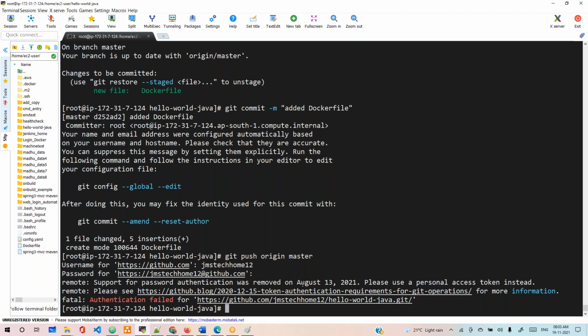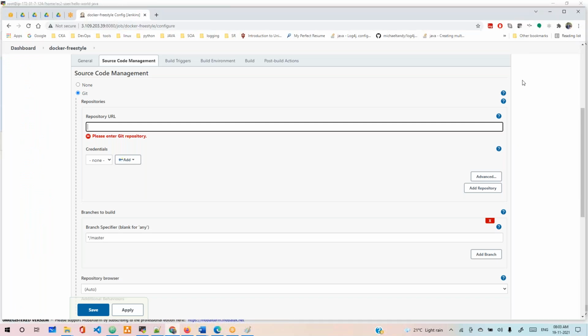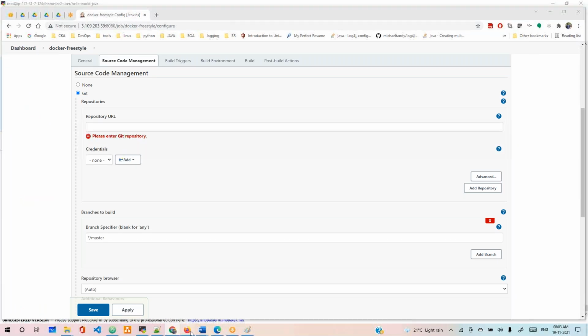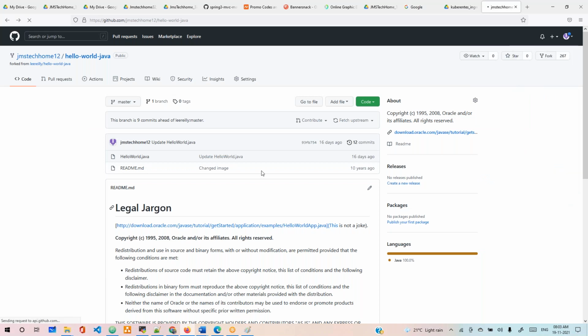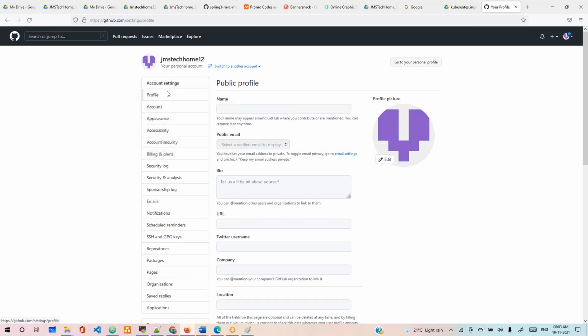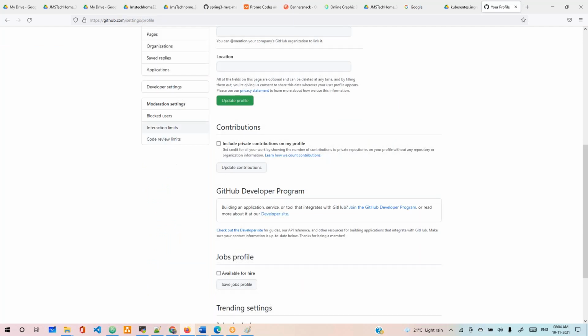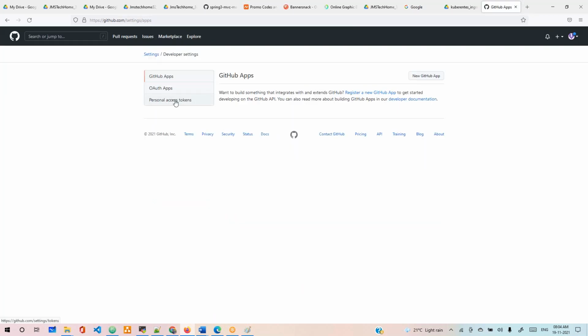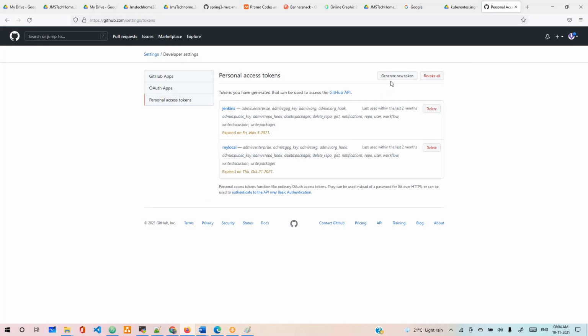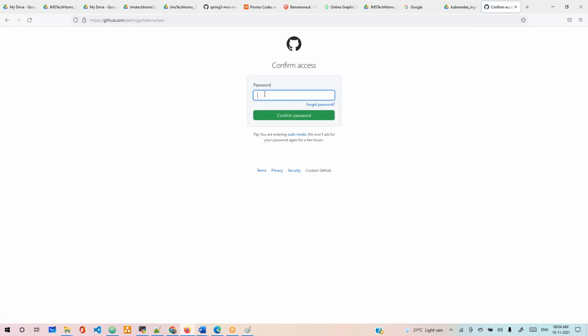Nowadays they have removed the password authentication. We need to use the token, the token generator. If you want to do that, go to your GitHub account and then go to your settings. When you go to settings, there is developer settings. In the developer settings, there is a personal access token, and the next step is